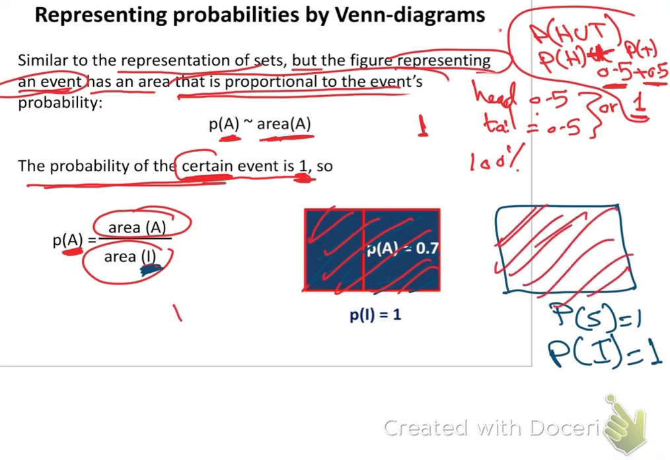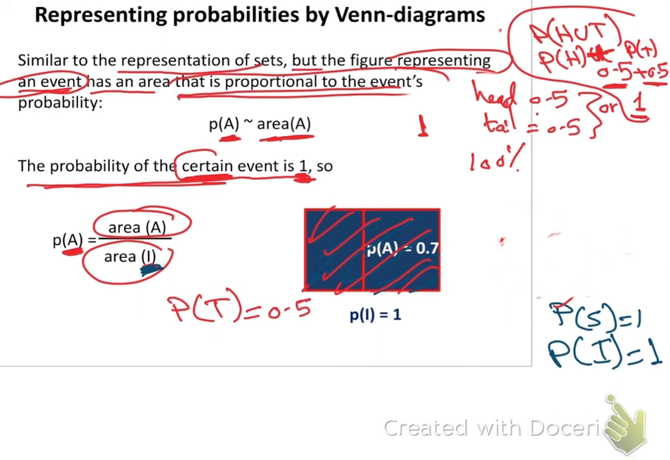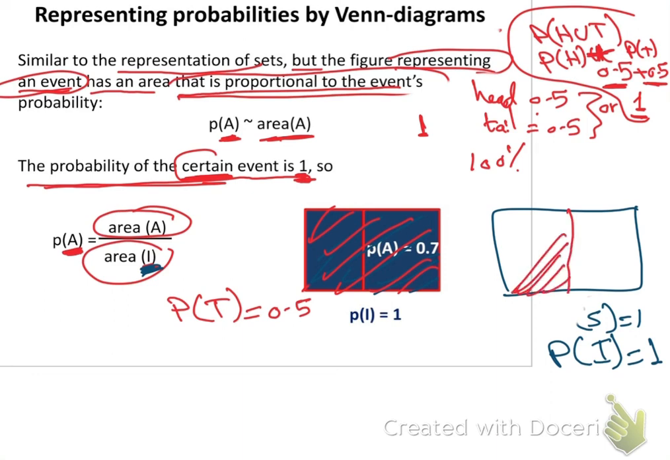So the probability of tail, for example, equals half. If I want to represent it here, I first have to erase all this and draw it again. It will be half, so I have to shade half of the area. So here the probability of tail is 0.5, half of the area. So we are representing it by area. I hope this one